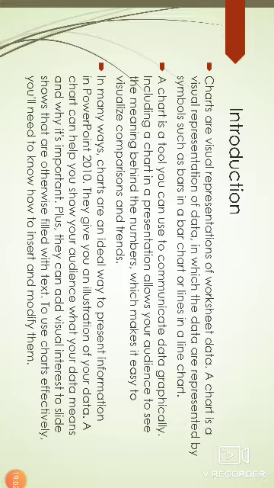We can also define a chart as a tool you can use to communicate data graphically. Including a chart in a presentation allows your audience to see the meaning behind the numbers, which makes it easy to visualize comparison and trends.